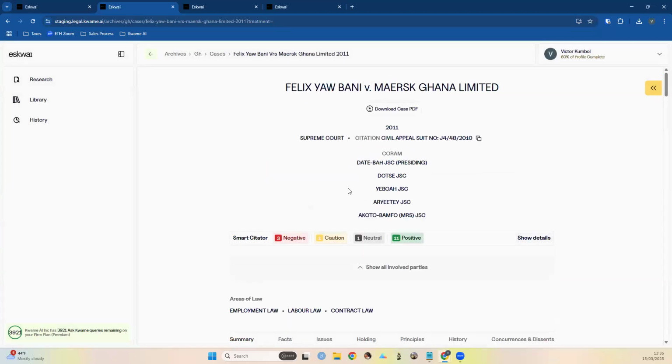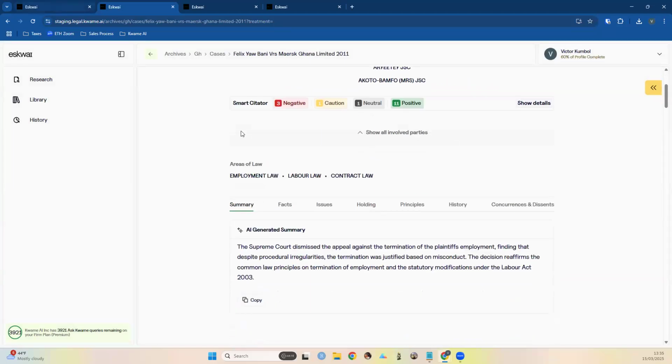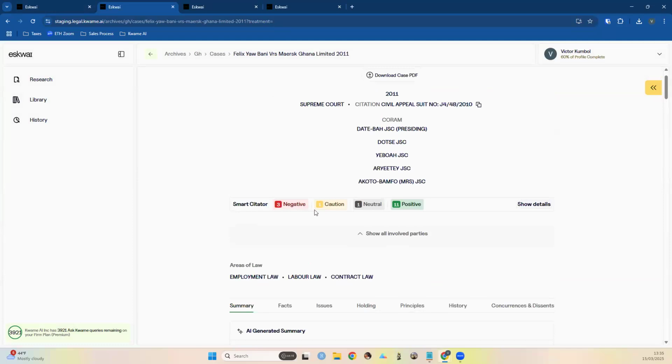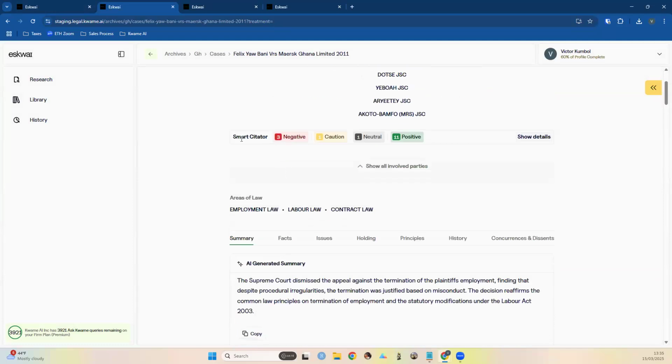Right? This is just one example. Currently, we have the smart site data with the judicial treatment for about 40% of the cases in our database. We are still updating it, but whenever you open a case and you see this smart site data bar, you can tell that we have already curated and analyzed the judicial treatment for that particular case. I'm going to open just one more, and then I'll switch over to show the amendment indicator.